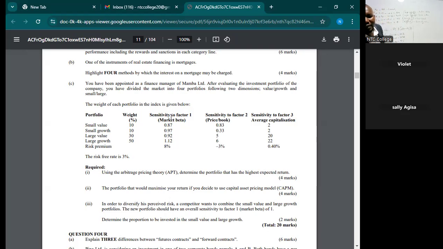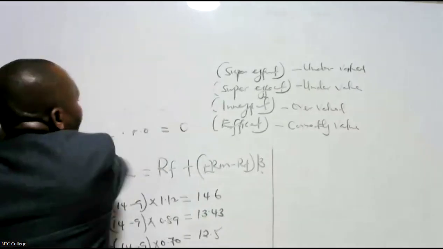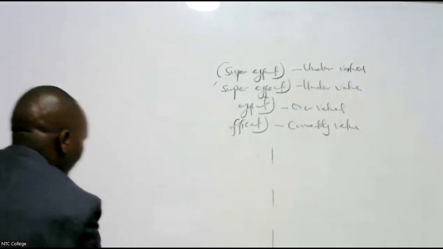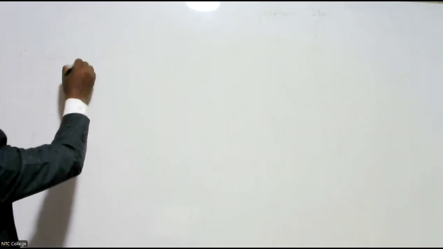So these are different factors. Factor 1, factor 2, factor 3. And each of them has a different risk premium. They have their own risk premium. So for small, this is a portfolio. For small, you can get APT for small. APT is a multi-factor model. It does not consider one. So APT for small,